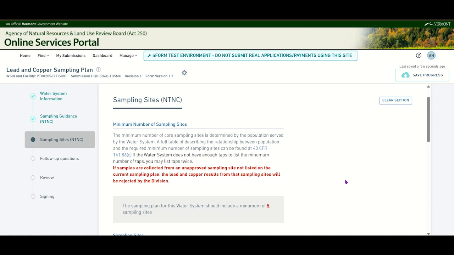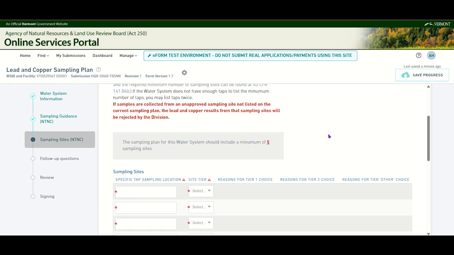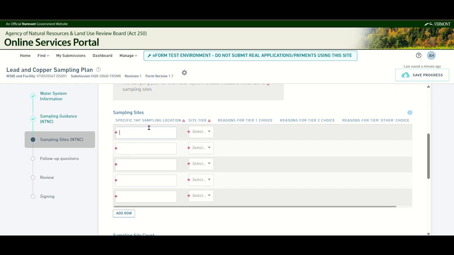The form will automatically calculate the minimum number of taps required based on the population number that the water system serves. You can see here that for this example, the water system has to list a minimum of 5 sampling locations. For the first sampling site, I will list